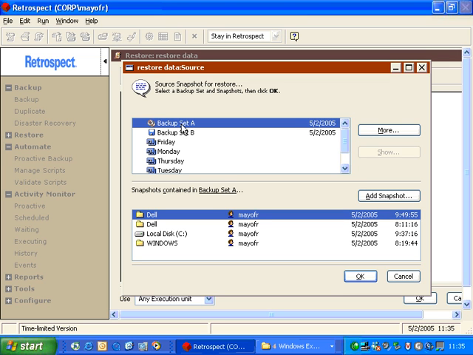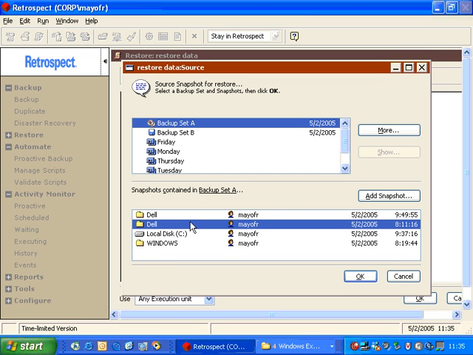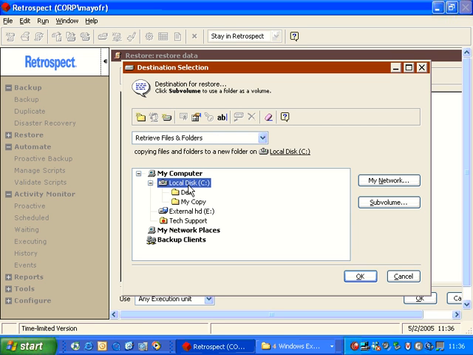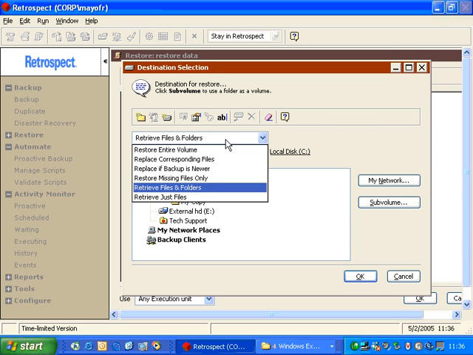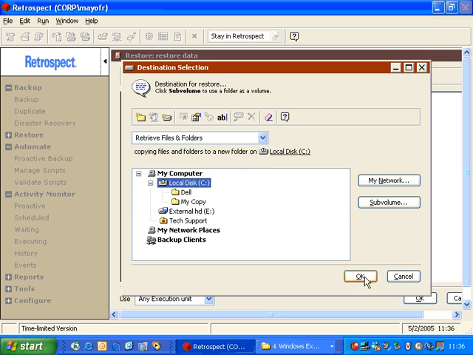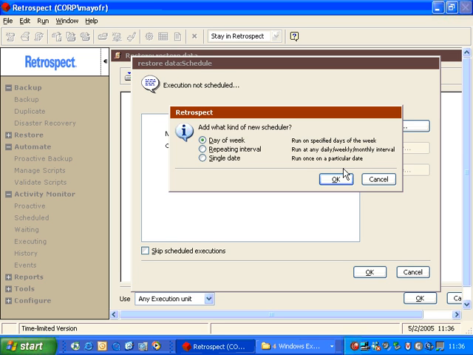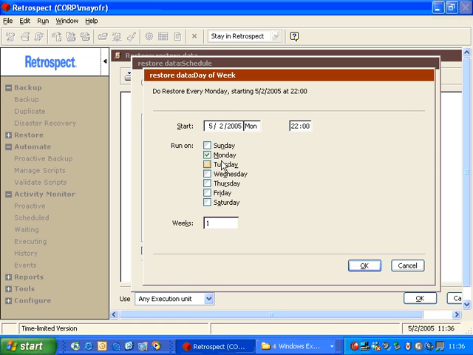You choose your backup set at the top, you choose the snapshot that contains the files you want to recover, you click OK, you choose a destination where you want to restore the files, you pick your restore options, either retrieve files and folders or restore entire disk or whatever your needs are, and then you can go down to schedule, you can add a schedule, and you can pick, let's say if